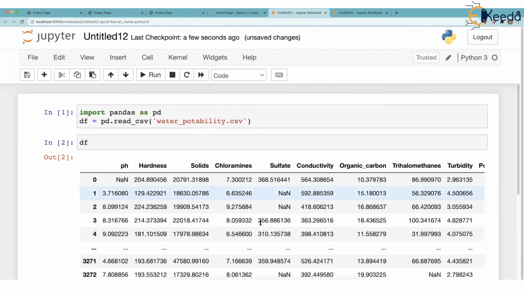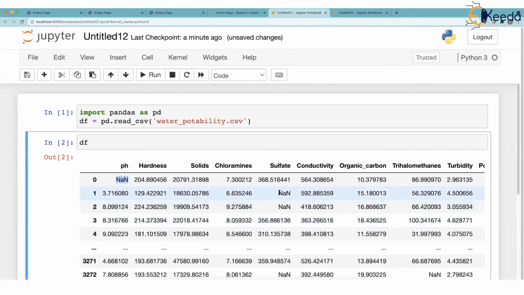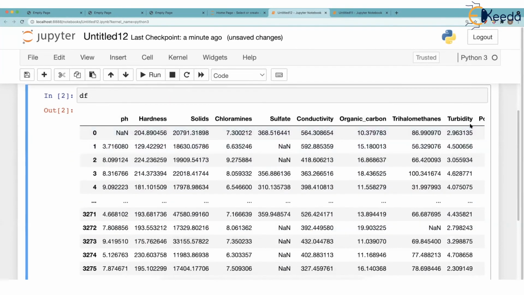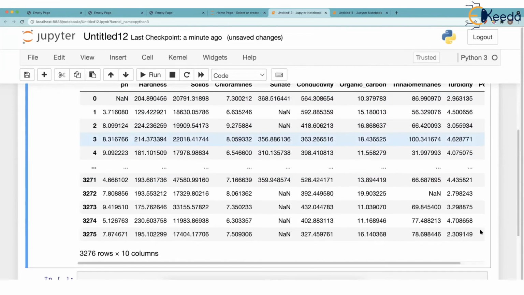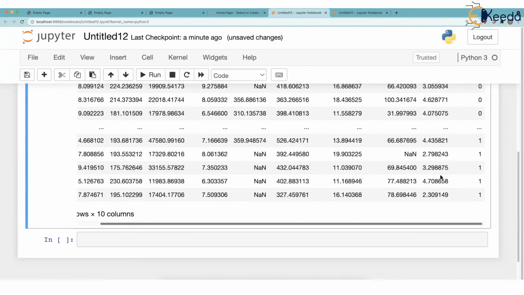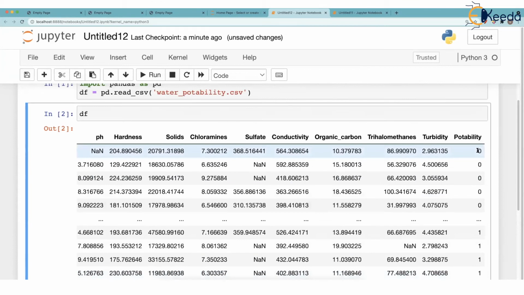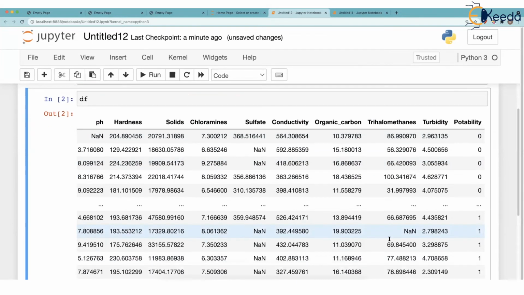Oh, good lord, look at this. Now any person who is a programmer would be shocked to see this data. Okay, and you can see some data is missing straight away. Sulfate content is missing here. The columns are so many that some are not visible, so we can use the scroll bars. The last column here is potability. 0 means this water sample cannot be used for drinking. 1 means this sample can be used for drinking, isn't it?